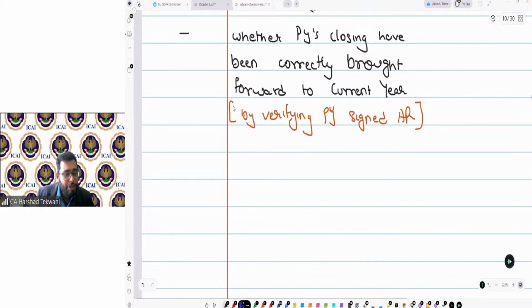So what additional procedures can I do, or what can I do further? Come on, guys. I want to ensure that my closing balance is not affected by misstatement in the opening balance. What would I do? I have compared with the previous year financials. That is done. But how can I make sure that there is no misstatement in the opening balance, and that's why my closing balance is not materially misstated?